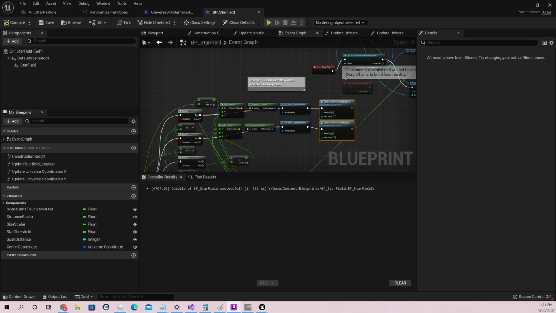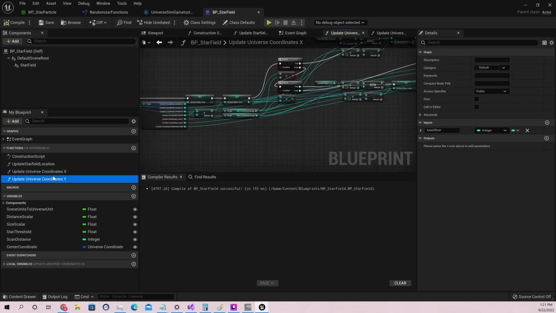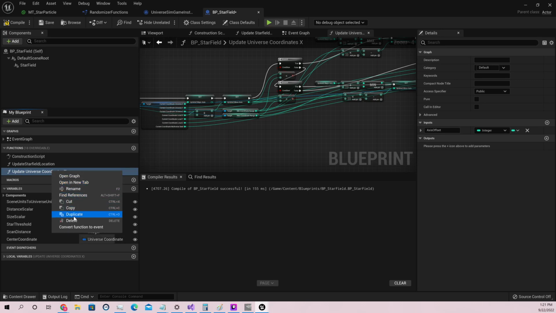I got a couple hours before I need to do some work meetings. I'm gonna do a little bit more dev here. I think we can finish up the universe rehoming logic. I'm gonna actually delete this, duplicate this